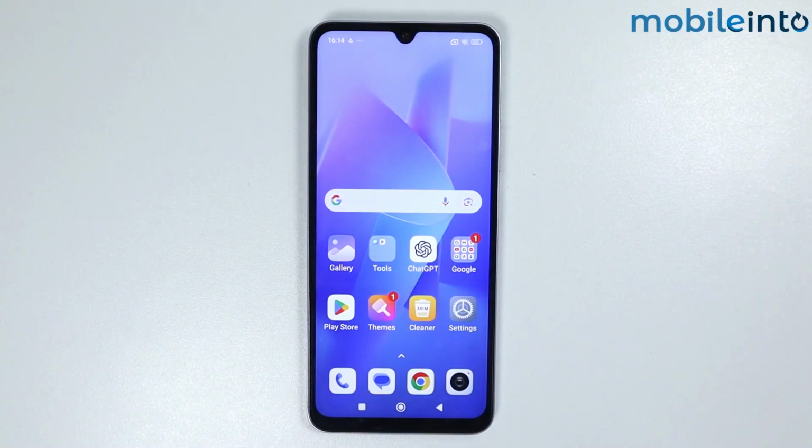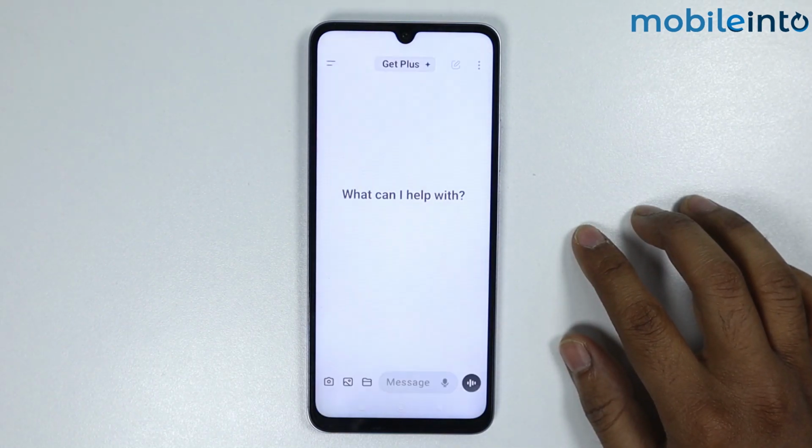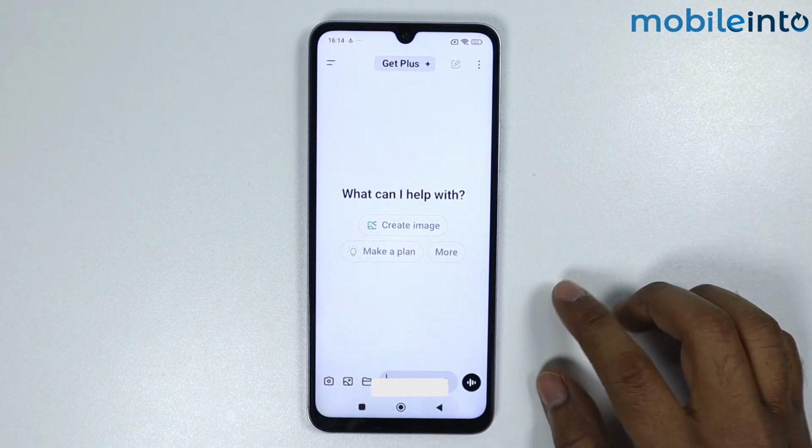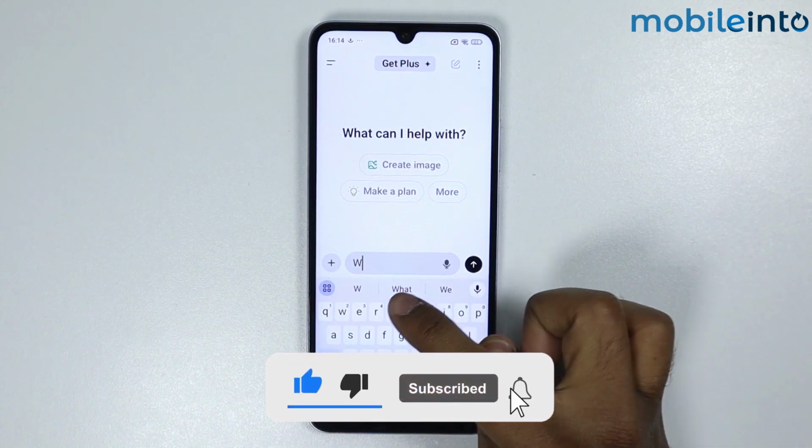In this video, I'm going to show you how to write emails like a pro using ChatGPT in Android. I will simply open the ChatGPT. Now, if you give command to ChatGPT like write email,